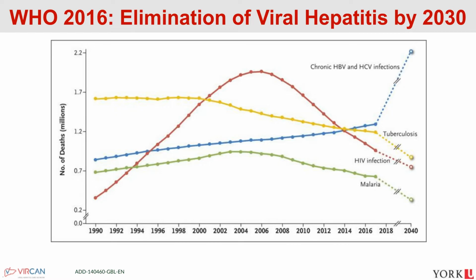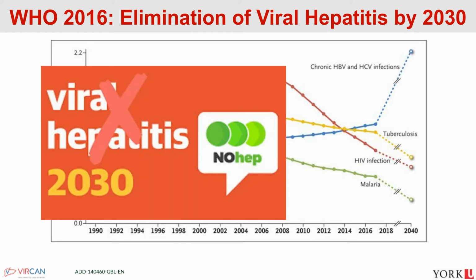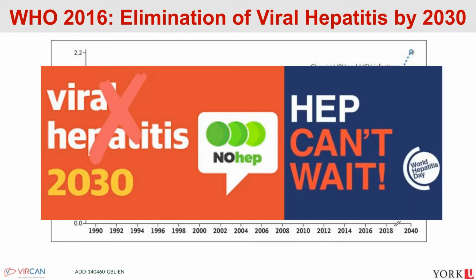And it's becoming a leading cause of liver cancer, certainly in resource-rich settings, as well as in other settings where there may be an underdiagnosis. And one of the reasons why, and just in terms of why we are coming here today, is really to focus on what we can do, both community-wise, regionally, locally, as well as globally, in terms of eliminating viral hepatitis. And of course, you're probably familiar with our tagline here of Hep Can't Wait.